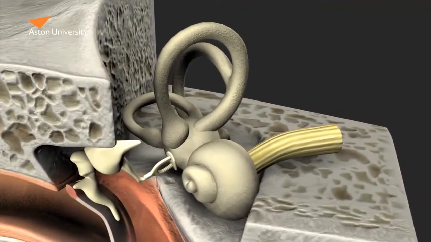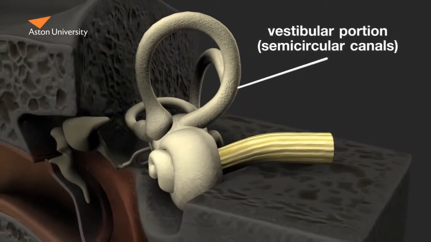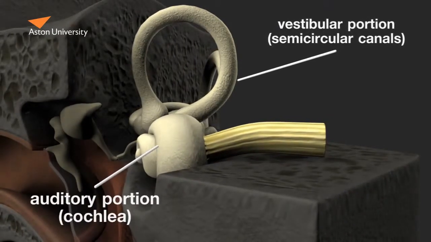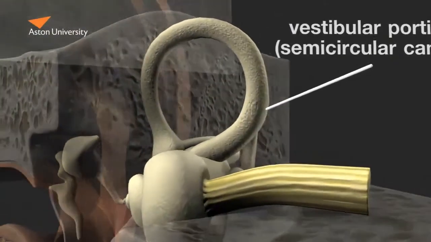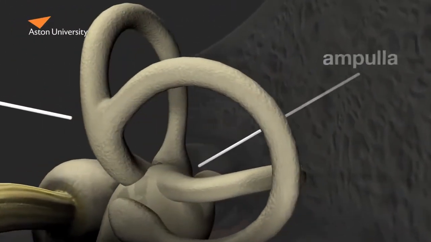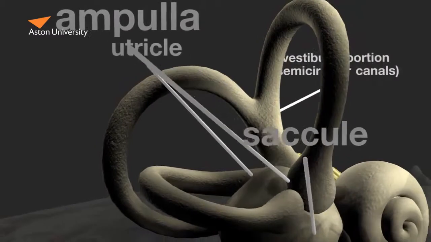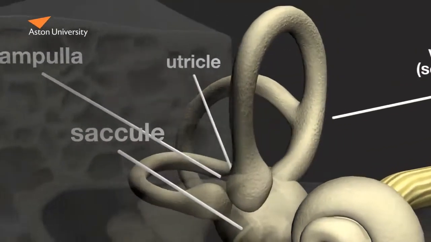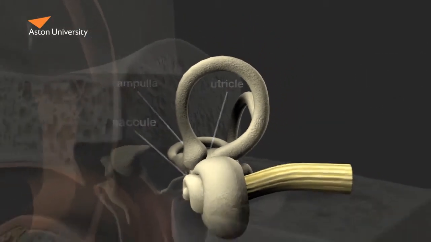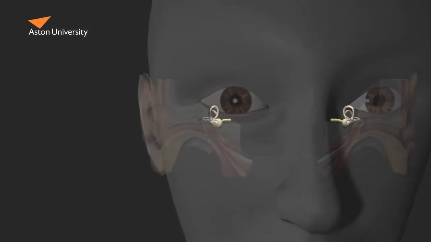The inner ear has two distinct portions: the vestibular portion, concerned with balance, and the auditory portion, the cochlea, which is concerned with hearing. The vestibular portion is made up of three semicircular canals. Each canal has a swelling at one end, the ampulla, and two membranous sacs, the utricle and the saccule. These contain fluid and sensory cells, which move in response to head movements and travel to indicate the body's status. The vestibular system works in conjunction with the eyes and the receptor cells in the joints of the body to